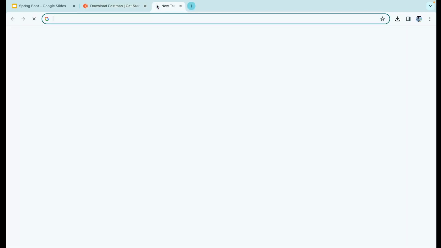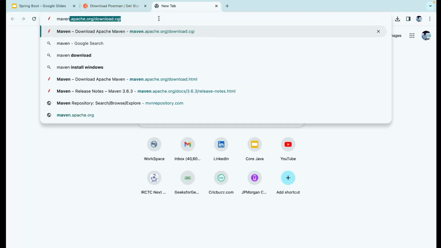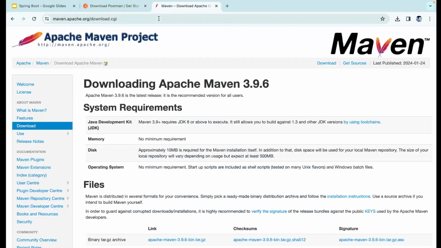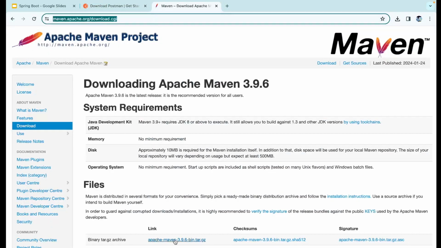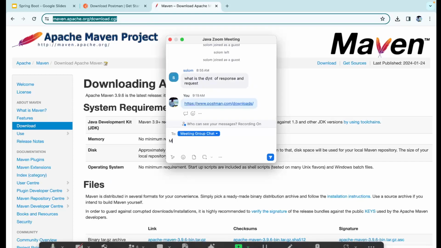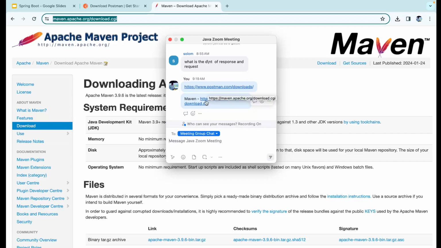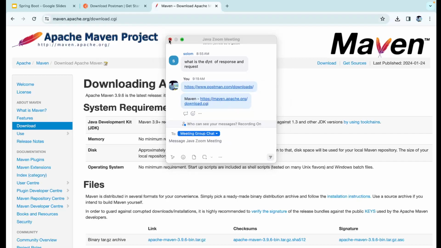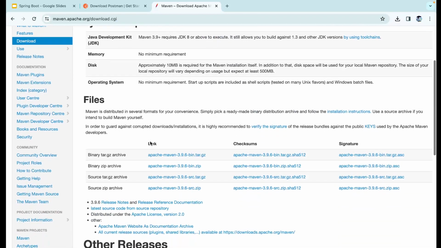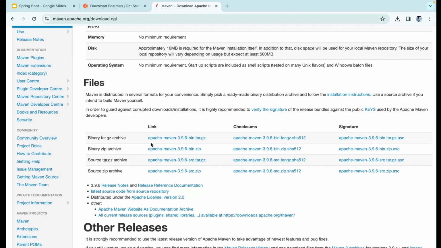And also we want to do an installation of Maven. So I'm pasting this as well. This is the URL. You can click on this URL and go ahead, and once you hit that URL, you will be taken to this